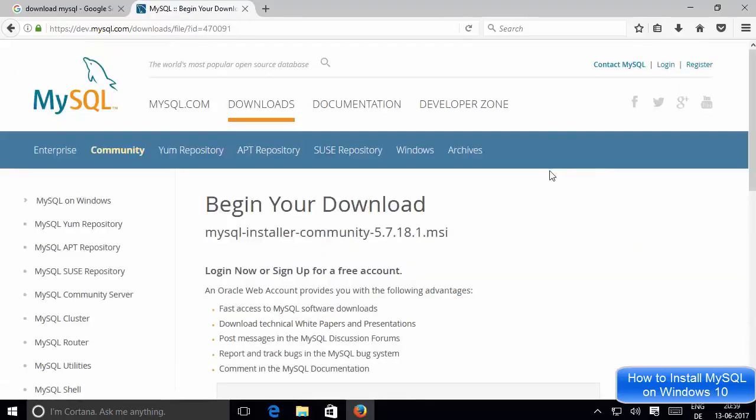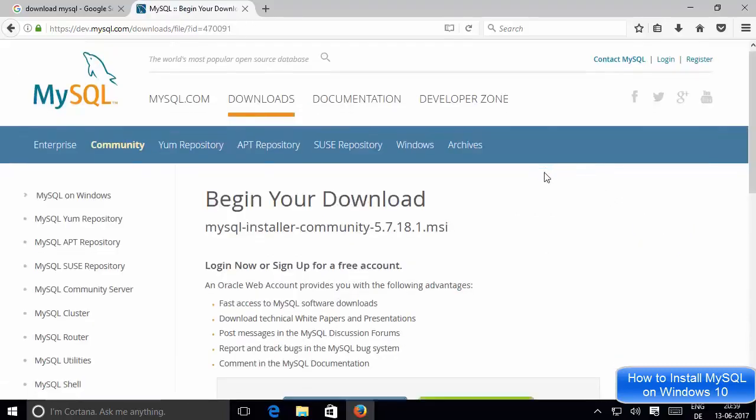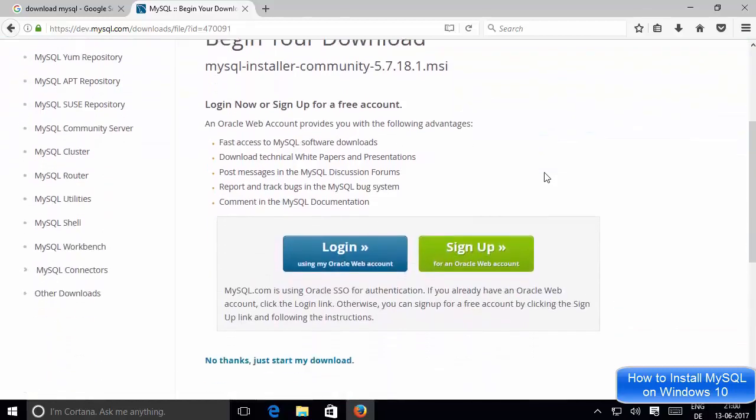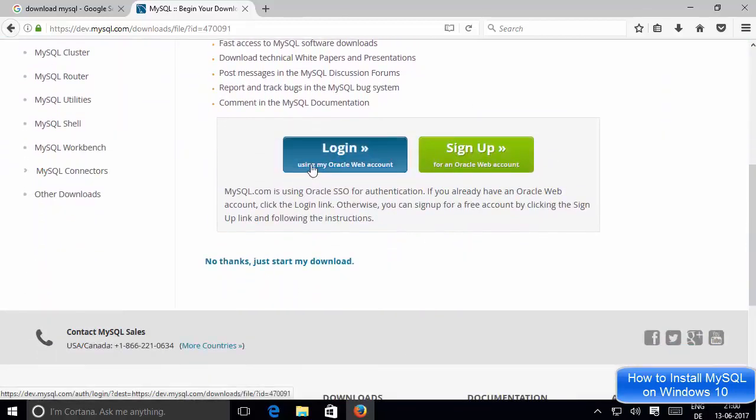You will observe that the download will not start because it will ask you to log in or sign up for your Oracle account, but we don't want that. There is an option here which is No thanks, just start my download.